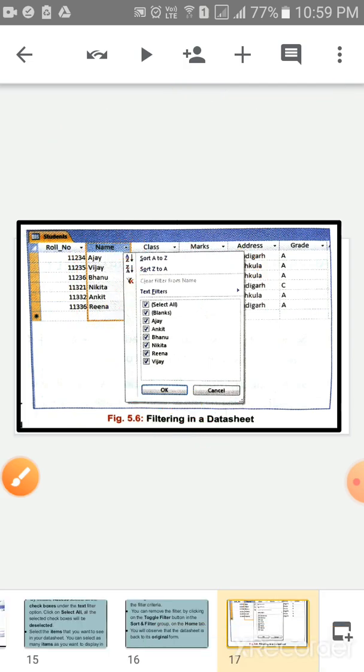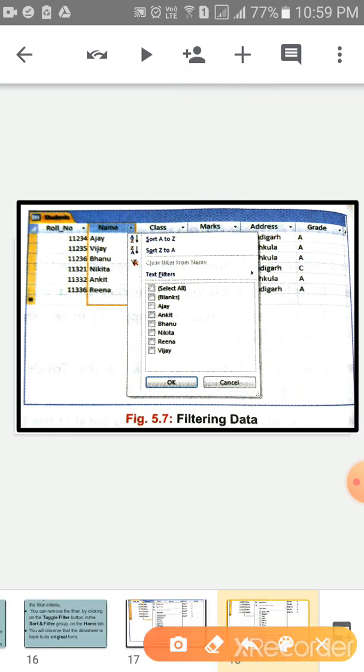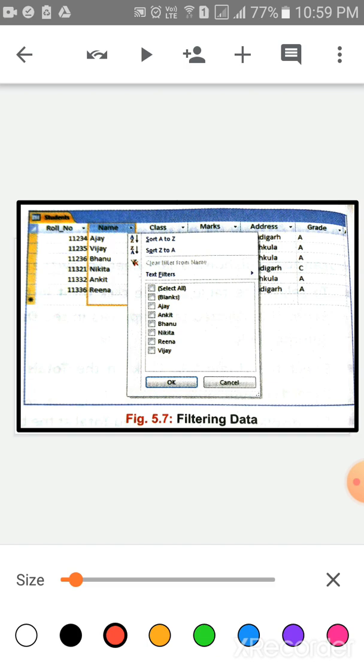Clear, children? Now children, next screen is filtering data. How to filter the data? Again we have selected this name field, and this is the drop down arrow. When we click here, these options will come. Here we are selecting the filtering the data.